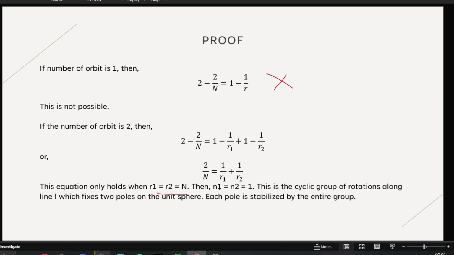So when R1 R2 are equal to n, then the order of the orbit is 1 by the orbit stabilizer theorem. So then this is what we get, the cyclic group of rotations along a line. So if we take the cyclic group of rotations,